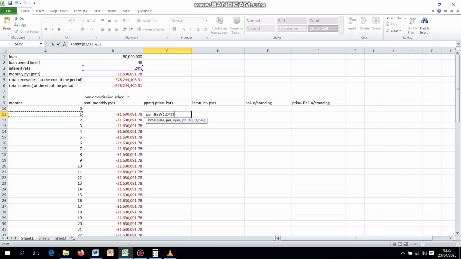I put a comma, then they say the number of period, which is 48. I put a comma, the present value, which is this. I also put a comma, then I put a 0 for the future value. Also I put a comma, then I also put a 0 for the end of the period. Then I close. But since I want to get the values for every month, the principal payment paid per month,